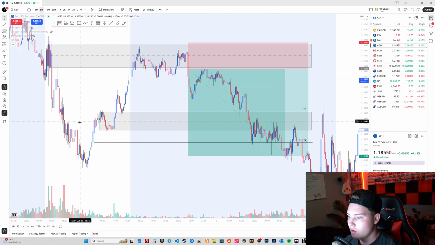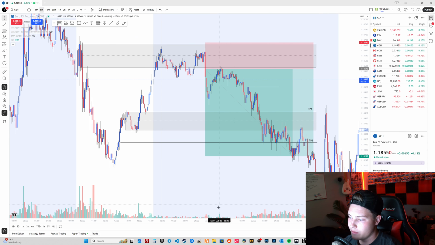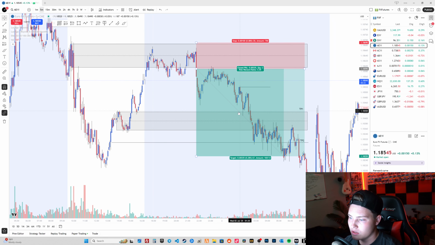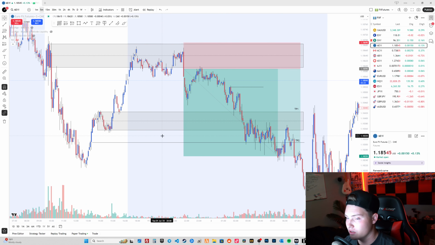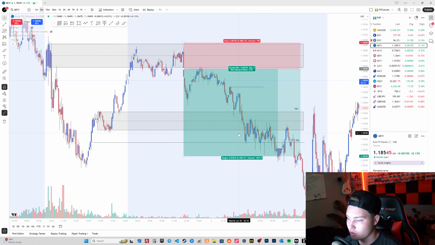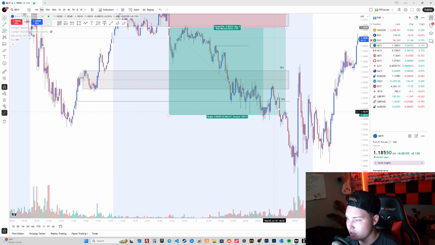Everybody won, which is great. So take profit, basically, TP1 was at the beginning of the order block, just in case they wanted to get out. I ended up holding through it, but we could have hit the order block. We could have gone back up and basically reversed, which we saw earlier the session before. But instead, we inversed it, turned into a breaker block. As you can see, price came back to the breaker block and then continued even lower